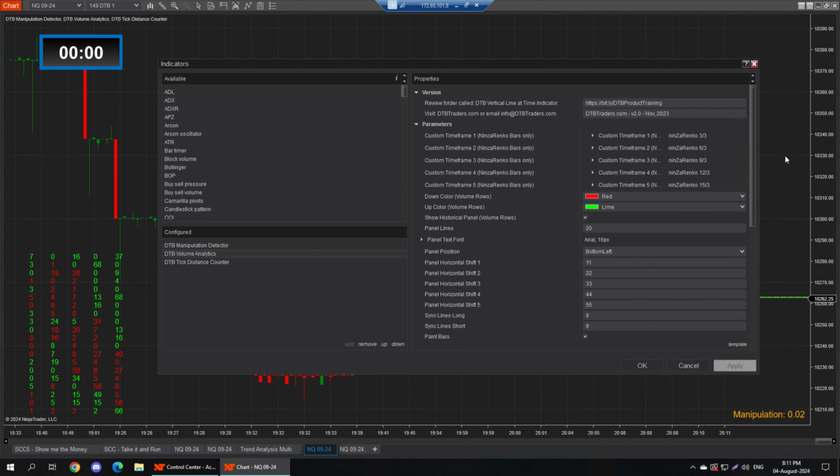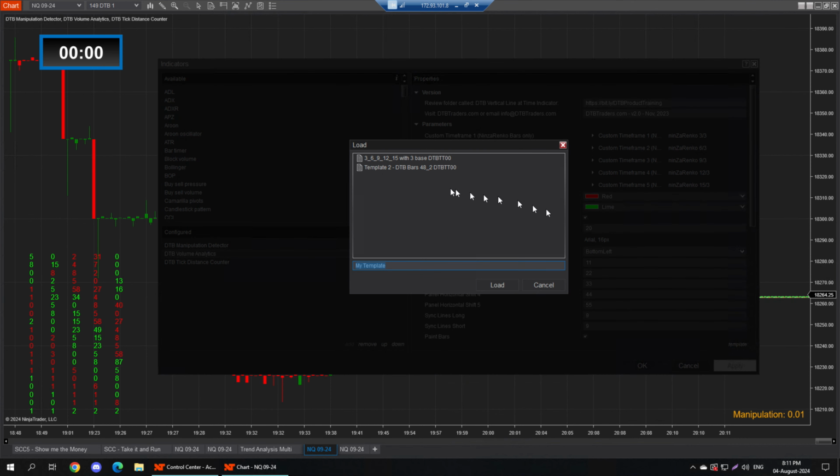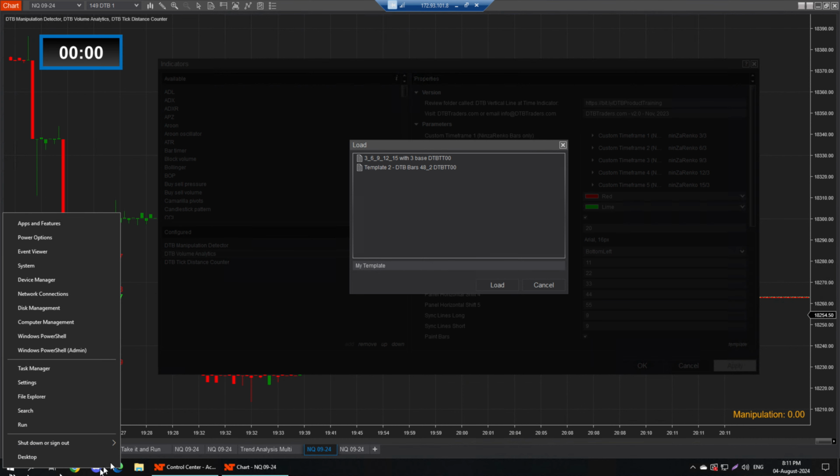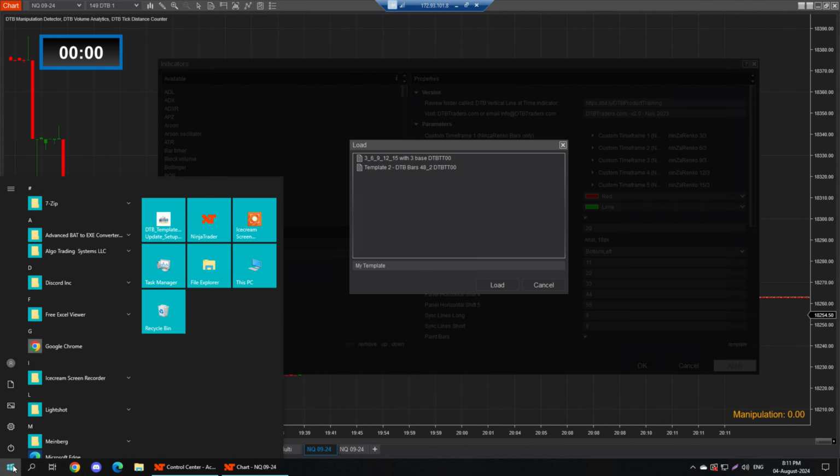It's providing some useful information regarding volume. What this is doing is calculating the volume of these NinjaTrader bars. If you go to your templates and go to load, you'll see I've put in a template there. If you don't see this template, because I only added this recently, a few minutes ago, or 2 hours ago, or last night, I can't remember, what you can do is quickly go to your